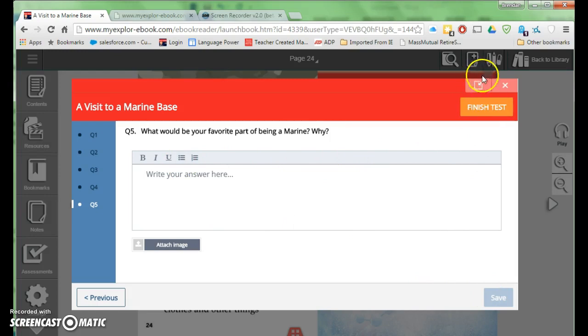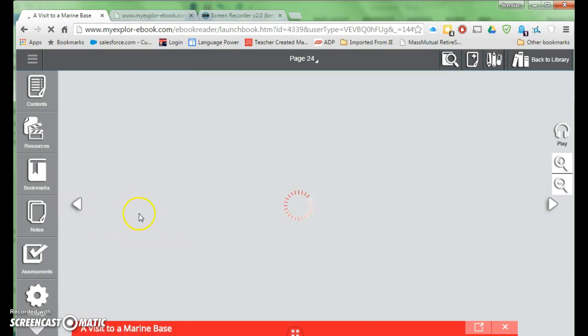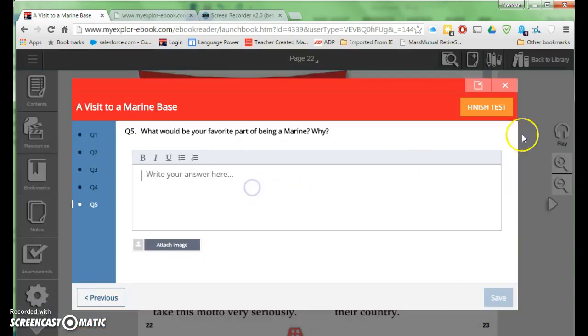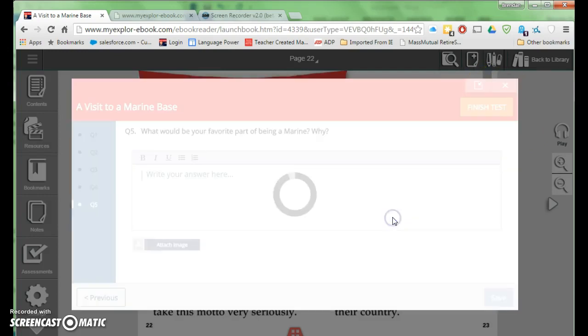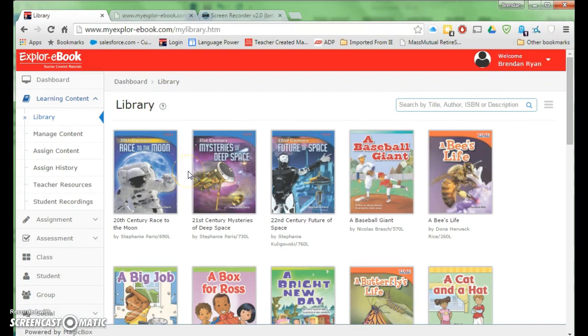Students can also use this little button to hide their response, to go back into the text to find an answer in the text and complete their submitted response by using this little icon right here. Alright, so I'm going to X out of this. I'm going to save that for later. So that is accessing the content as well as the assessments. The assessments, again, are in the back of the book. You can also